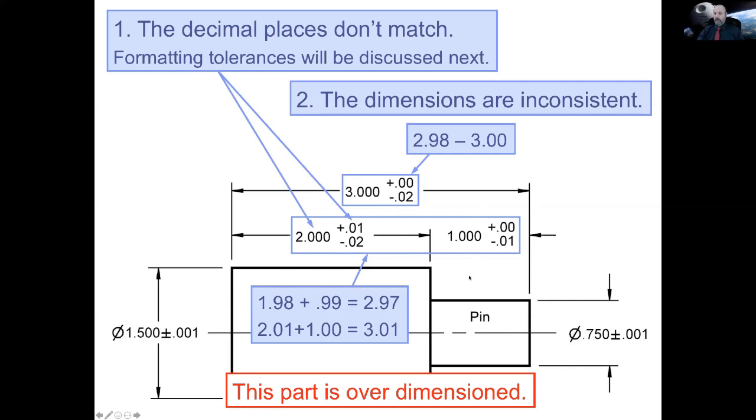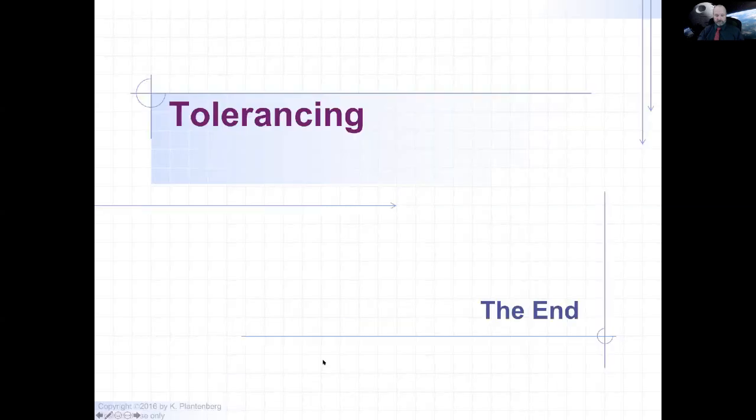So you pick one, right? Either you get rid of this one if this isn't important and you leave this one and this one, or you get rid of this one and leave this one and this one, or you leave these two and get rid of that one. Okay, so it's over dimensioned. Okay, and that's it for this chapter. So let me go